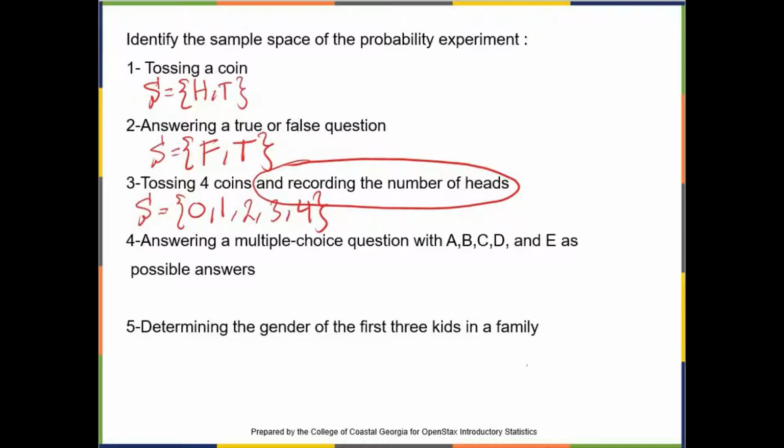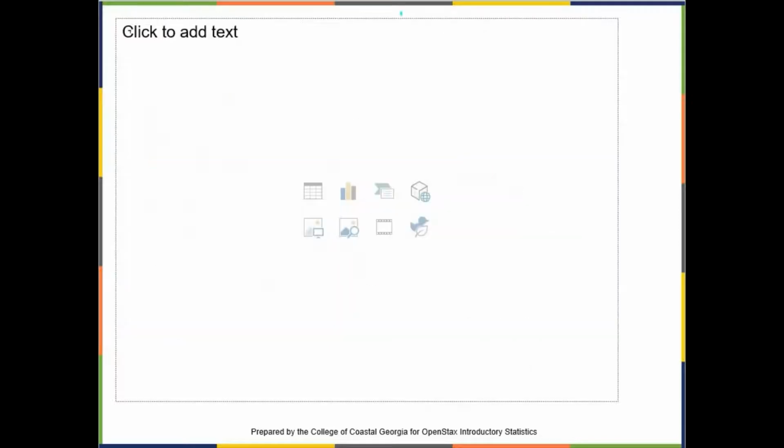The fourth experiment is answering a multiple choice question with A, B, C, D, and E as possible answers. So the sample space, again, all of the possible outcomes, are A or B or C or D or E. The fifth experiment is determining the gender of the first 3 kids in a family. To determine the gender of the first 3 kids in the family, I am going to create a tree diagram